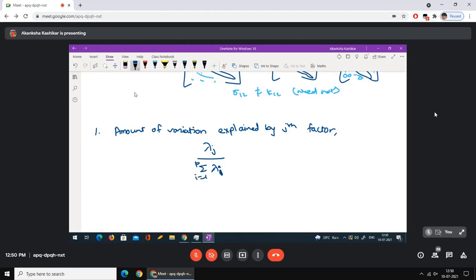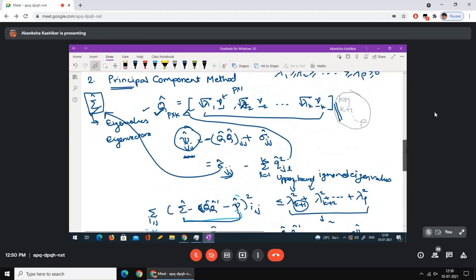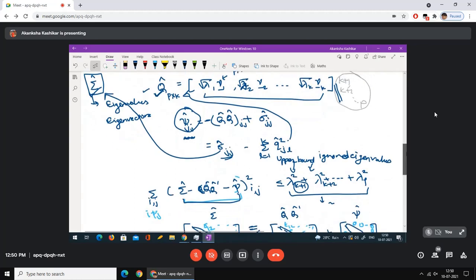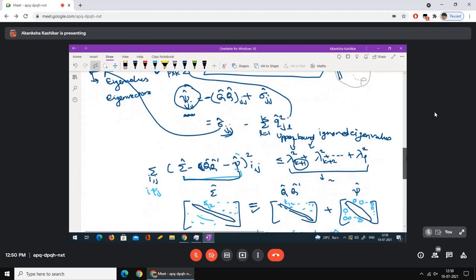Hello, ma'am. Yes. Ma'am, is there any proof for that upper bound of that error term? Yes, of course there is a proof. People have derived it. You can't write whatever you want, but we are not going to go into the details of the proof. If you want, you can try to look up somewhere, or maybe you can try to work it out on your own. We won't go into the proof, but of course people have derived it. You can't write directly without a proof. But for our syllabus, we don't need those details, so we are skipping it.